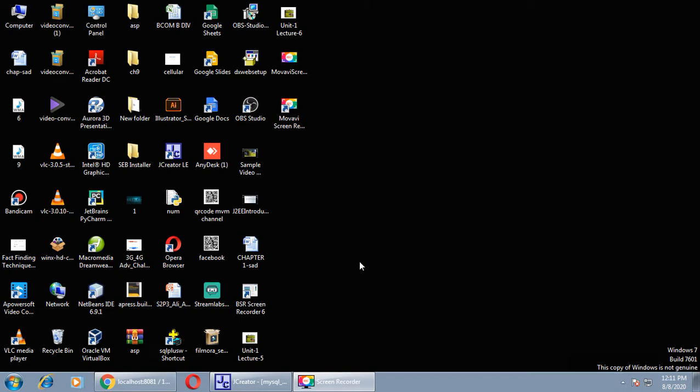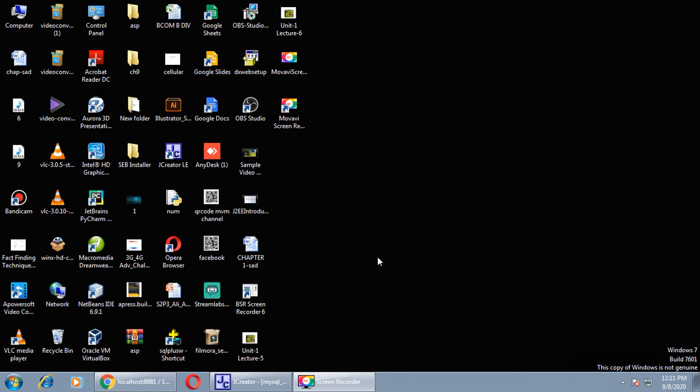The steps are: number 1, to create a DSN. Step 2 is to create a database in MySQL. Step 3, to create a table in that database. Then step 4 is to do the connection to the database with the help of Java coding, and number 5 is to fetch the record from that table, right? So these are the steps as we have followed for the Oracle connectivity as well as for the MS Access connectivity. Let us start with the connection.